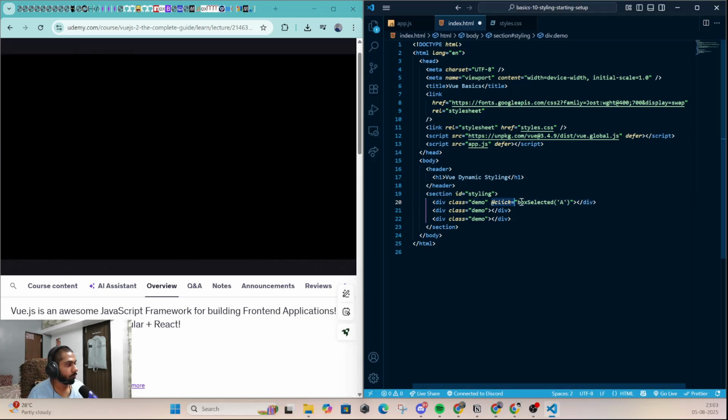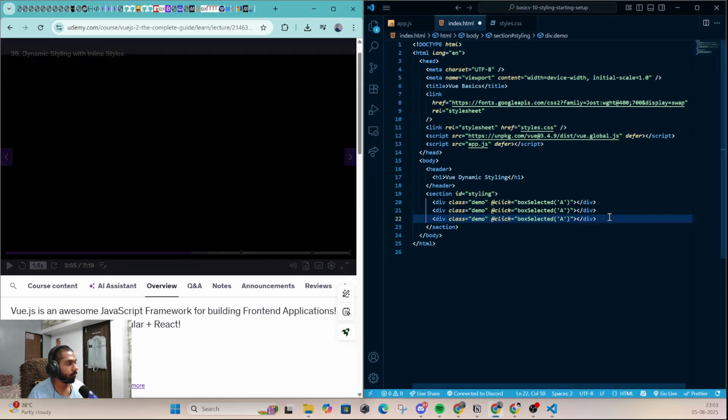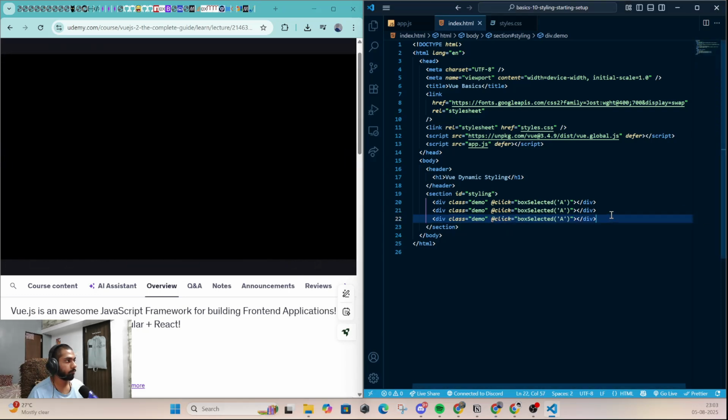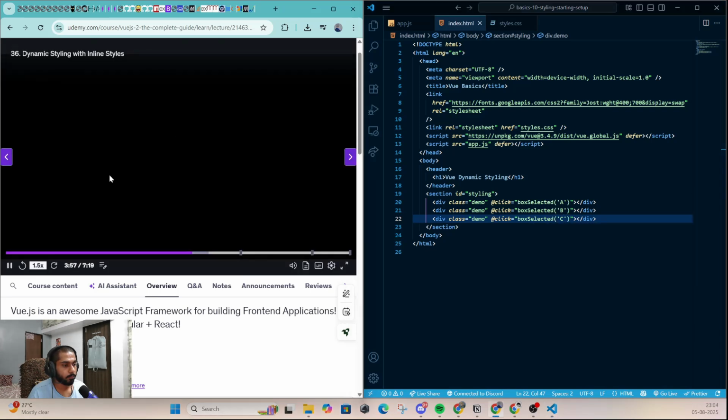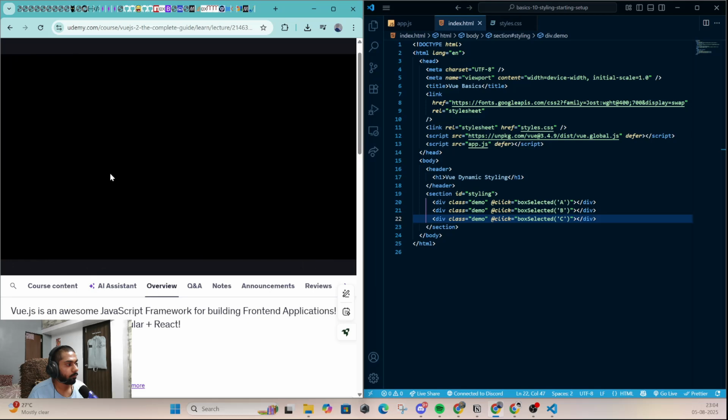easy way of using one and the same method for setting different boxes to selected. Currently, by the way, there is no way of unselecting them, but for the moment, that's all I need. So now we have ways of changing these data properties through clicks, but I mentioned that I want to dive